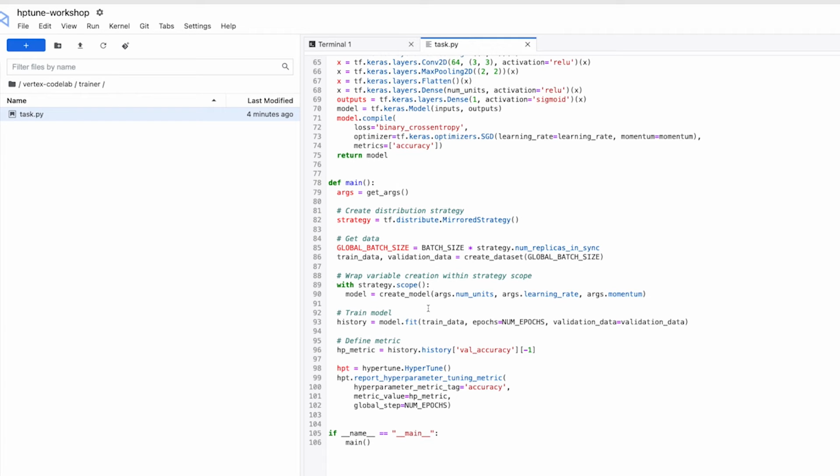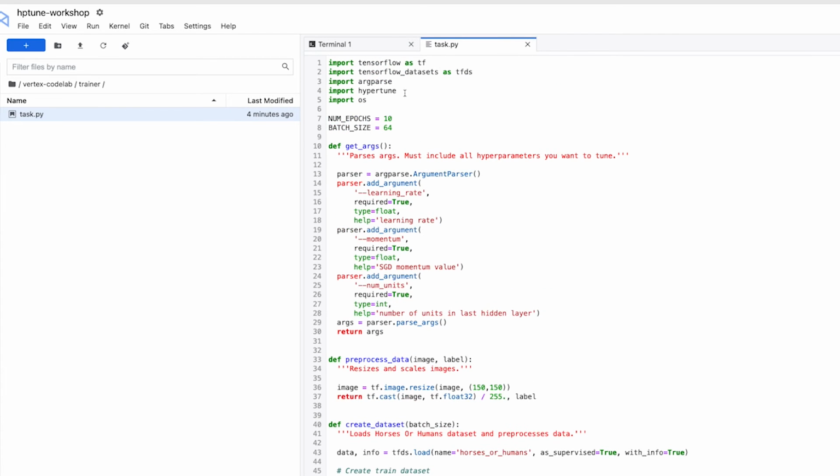So the next important things we need to do are make sure that our code is prepared to do hyperparameter training with Vertex AI. So the first thing you'll want to do is all the way up at the top, where we import the Hypertune library. This library basically helps us to report the metrics that we care about to Vertex AI. And recall earlier, I showed you what that end state looks like, where we have multiple training trials and we were recording the accuracy of those different trials. This Hypertune library is what's going to help us do that.